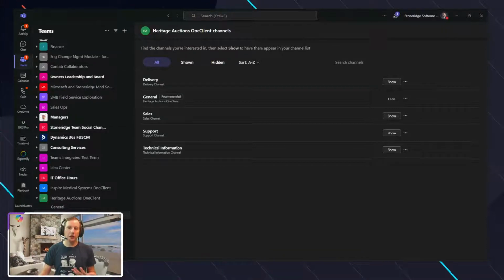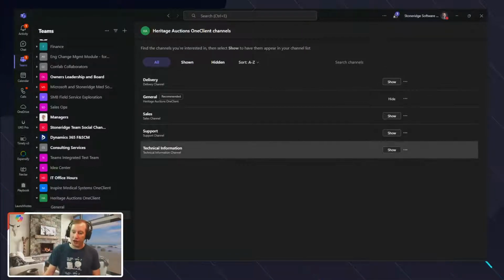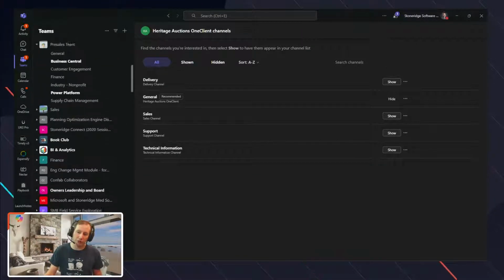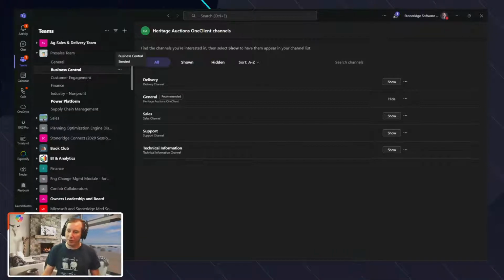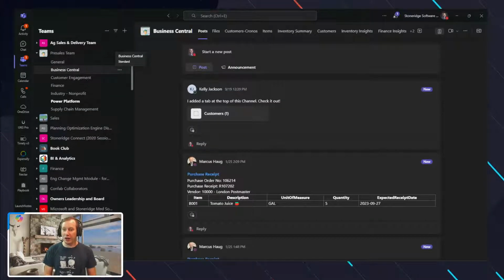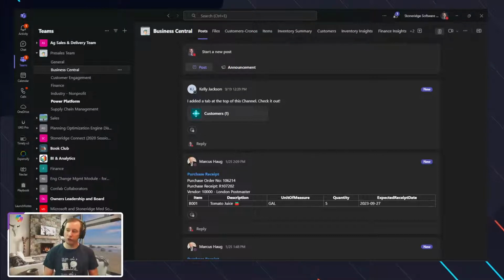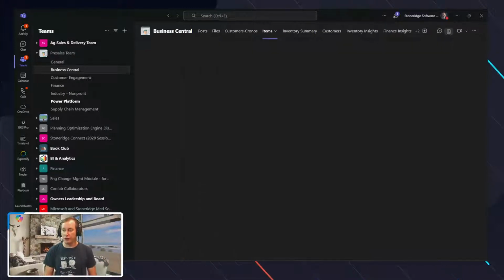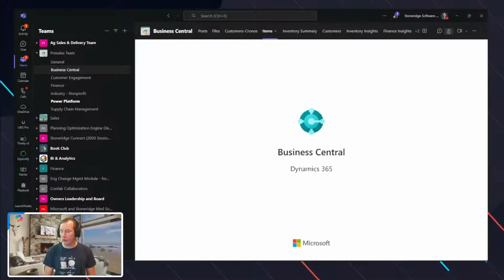So once again, Teams has a team that you can create, and then channels in that team. And in those channels, if we just pop one open, let's take the pre-sales team, because that's one I can break and not beg for forgiveness around. When I click on my Business Central one as an example, what you can see is that inside of this channel, my team and my channel, I have the different apps and interactions that I can do with that particular team. I can look at the posts related to it. I can look at files that are saved inside of this workspace. I can click on the items, for example, and pull up some item detail.